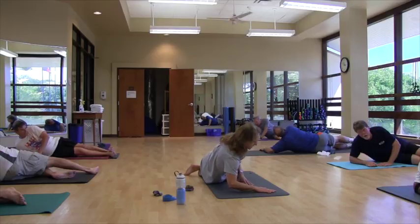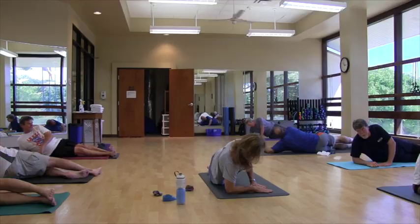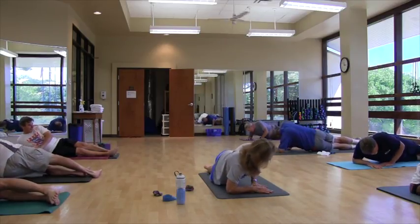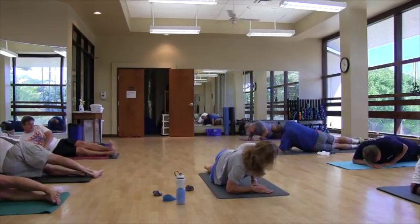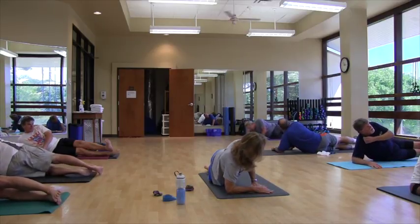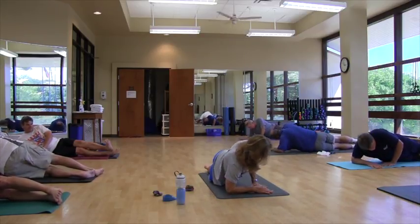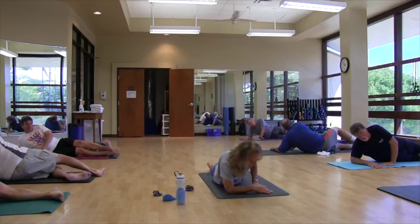Now let's take it to the bridge, basically. Legs are out. I've got my left hand down, I'm on my right side. And I'm going to bring it down and I'm going to push off. 1, 2, 3. Hips are off the floor just a little if you can. 4. And if you can't now, you will later. You will develop that strength. 5, 6, 7, 8, 9, and 10. And recover to cobra stretch,